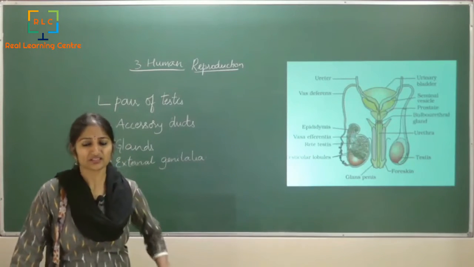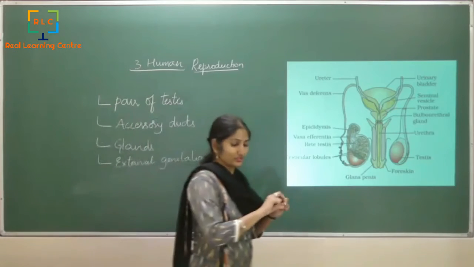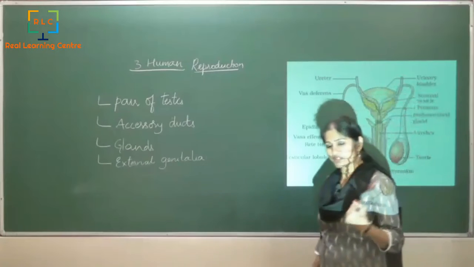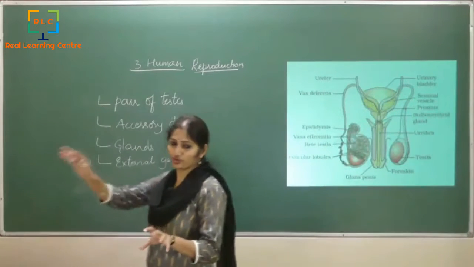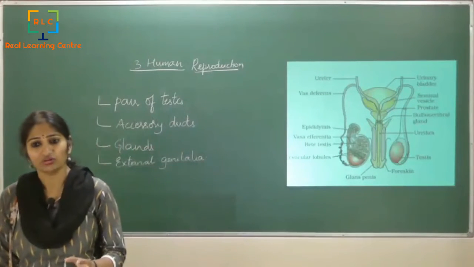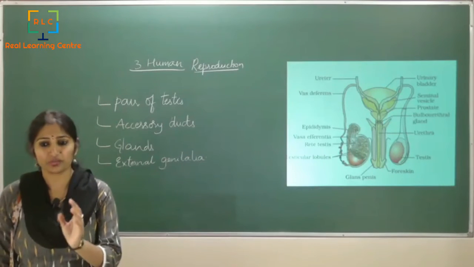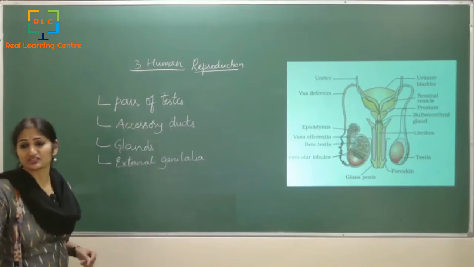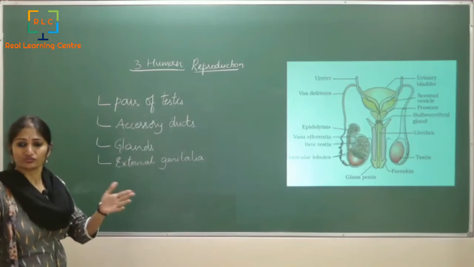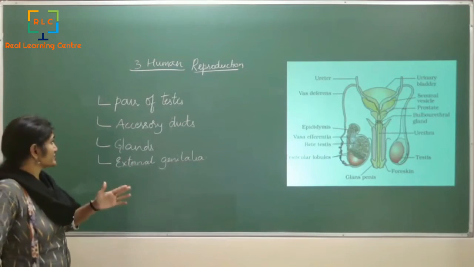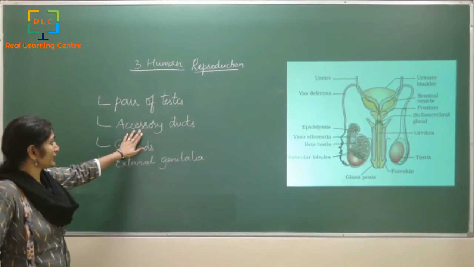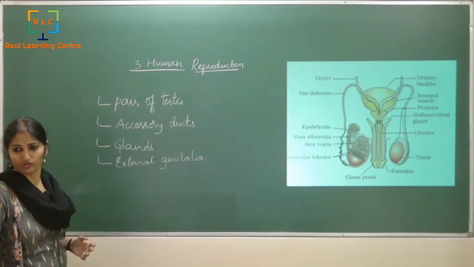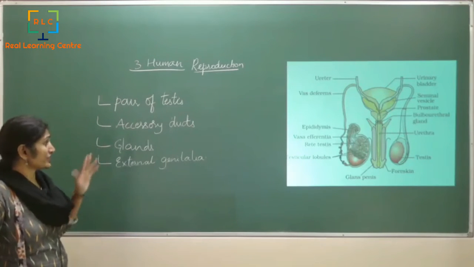Now, accessory, see, basically a duct is something like a pipe. These are actually helping for something to be transferred from one region to another region, right? So there are certain ducts, certain pipes which are important to carry the sperm which is present inside the testicular lobule to come out of the body, right? So that is facilitated by the accessory ducts. Now there are around 3 to 4, 4 specifically, accessory ducts.